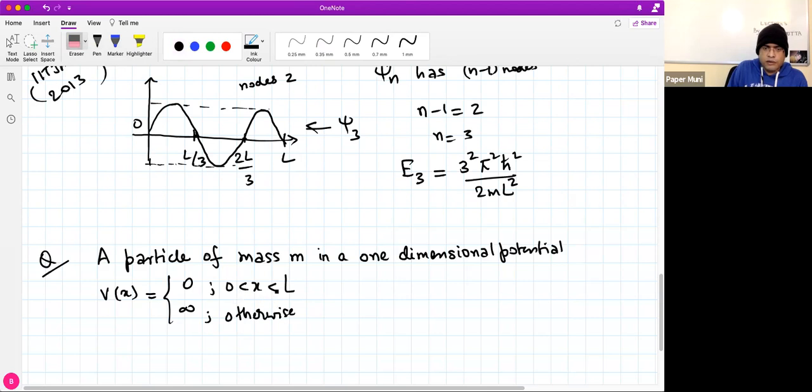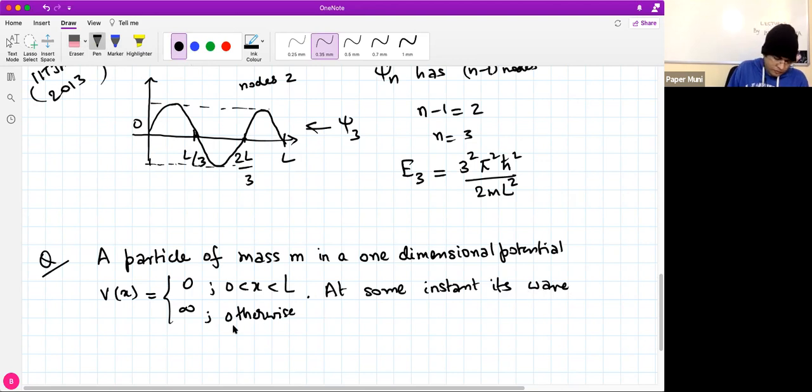It varies from book to book or paper to paper, so you don't have to worry about that. At some instant, its wave function is given by